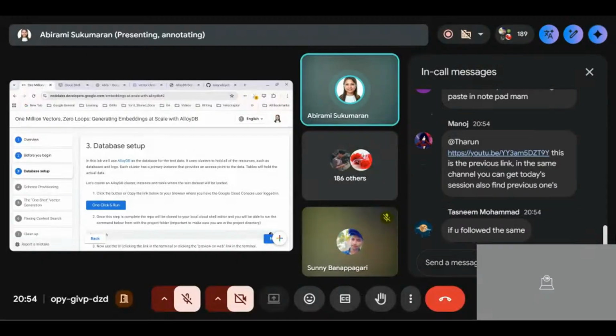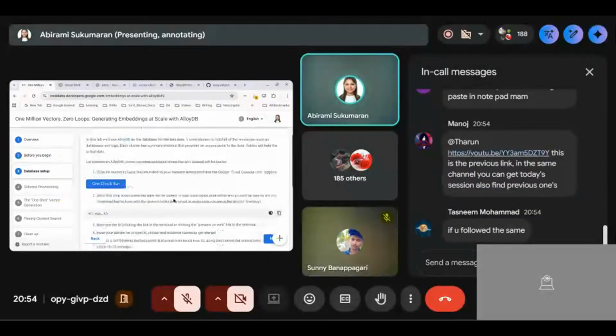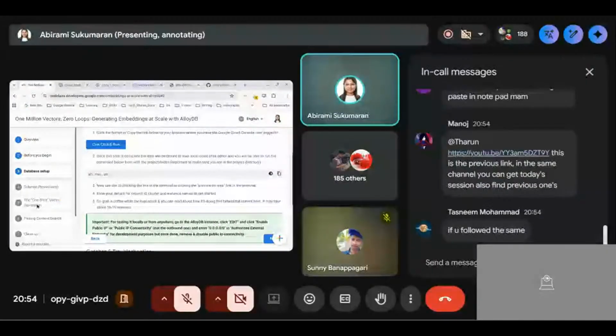It's going to take very little time if you follow the Code Lab step by step, because you already know what you're doing in this session. You won't be lost. Okay, so a minute is up. Now we have completed the database setup step. We have